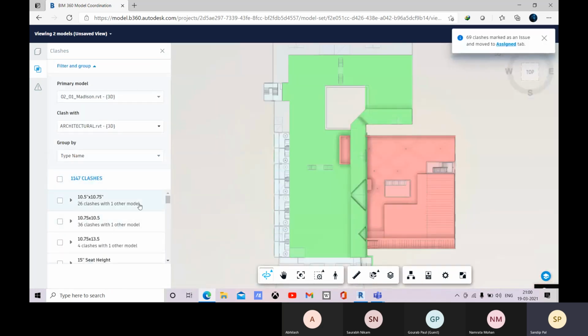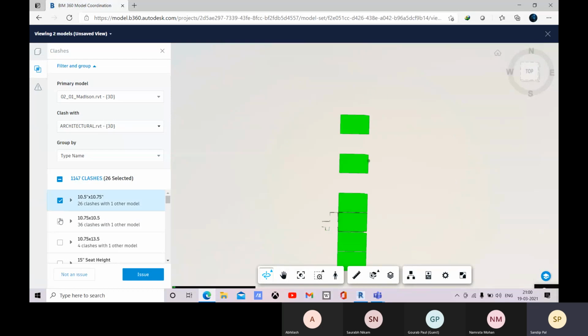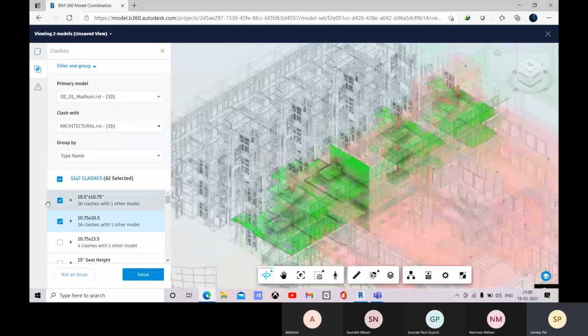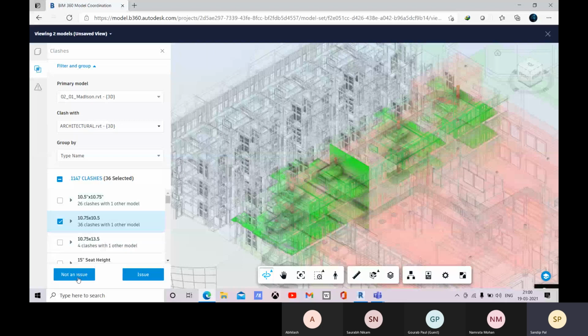Okay, so that is created now, and you can move to the assign tab, and there it is created. Like that also, suppose this one is not an issue for you, so you can create a not an issue, and that will be removed from this clash group. Okay, so you can create a not an issue option.